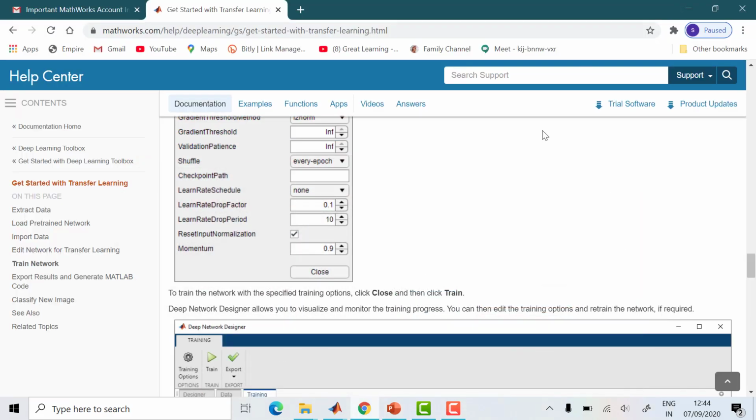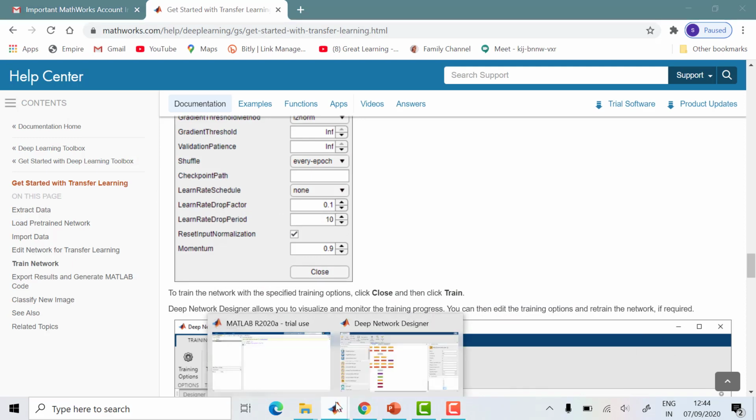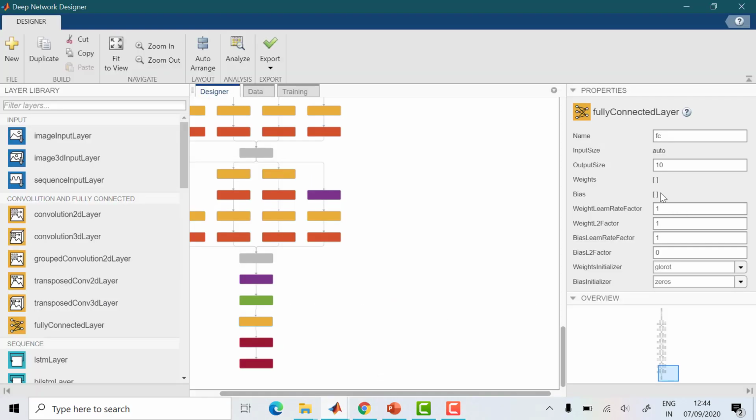Okay, so let's change the output size to 5, weight learning factor to 10, and 10. This is the change you have to do in the fully connected layer. Why are we changing this? Because of the images we have, the output size should be only 5.